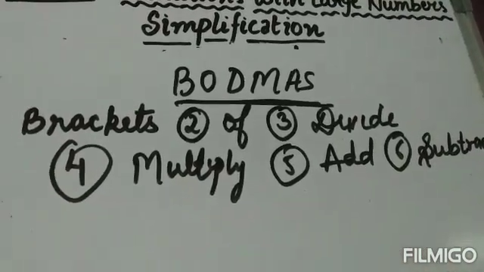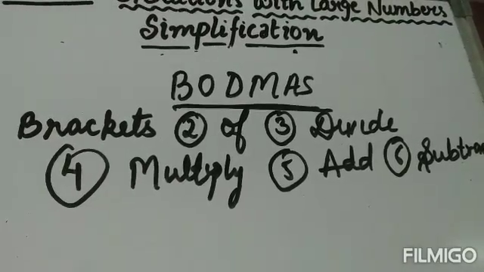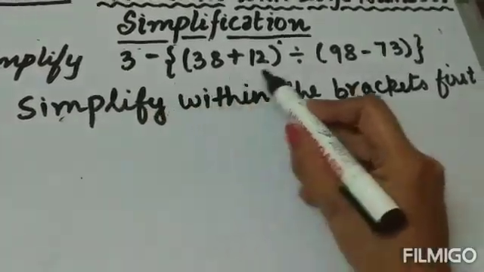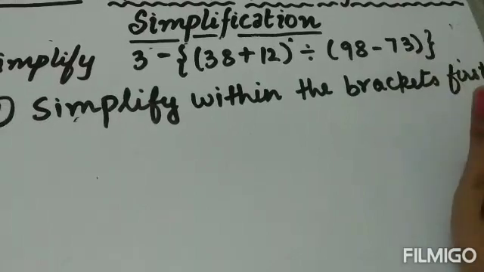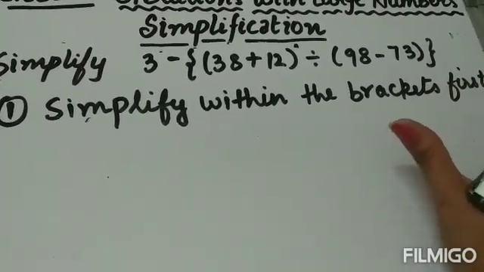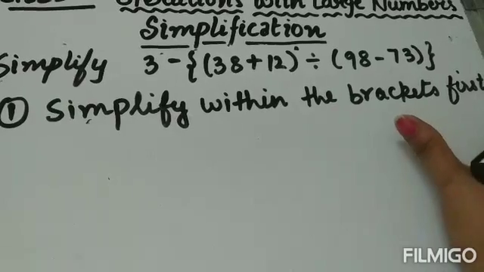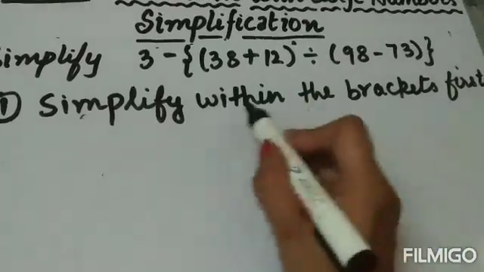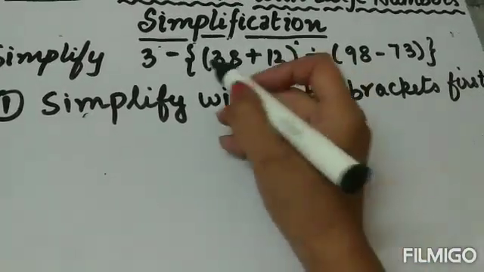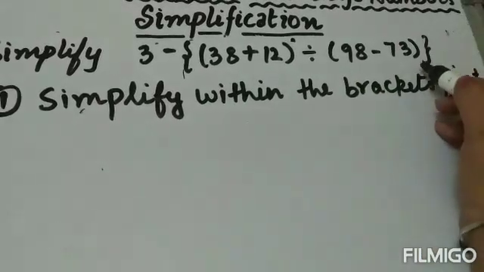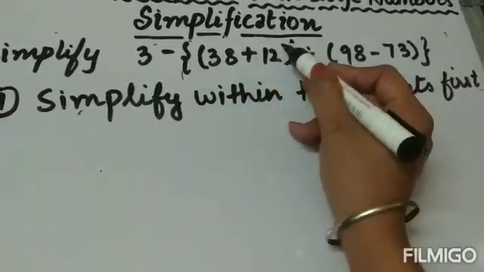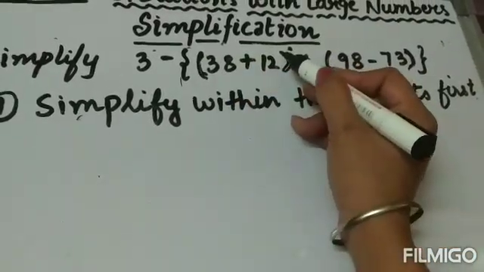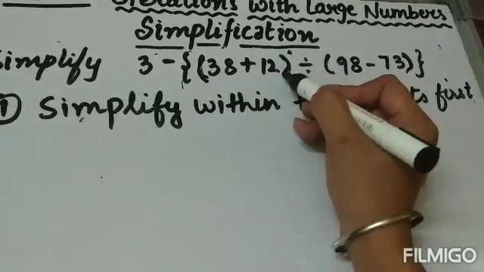Now I explain to you one example of a simplification sum with brackets. Question is simplify this. This we have to simplify, and I explained to you that if there are brackets within the brackets, then we simplify within the brackets first. Okay, within the brackets we will solve first. So here is a bracket, this curly bracket is there, and this first bracket is also there, this round bracket. So first of all we will solve within brackets, meaning these round brackets we will solve at the first step.